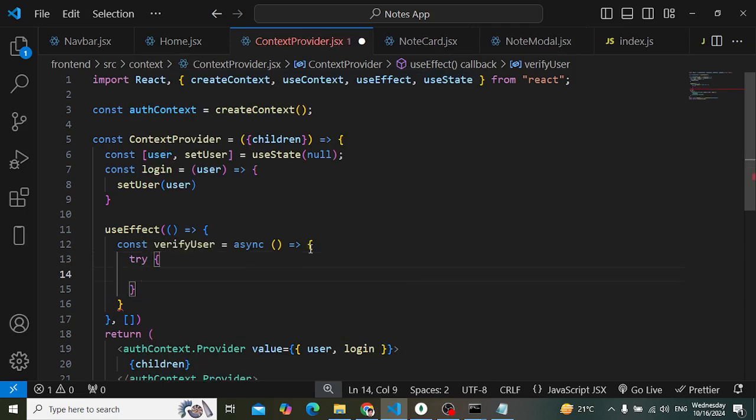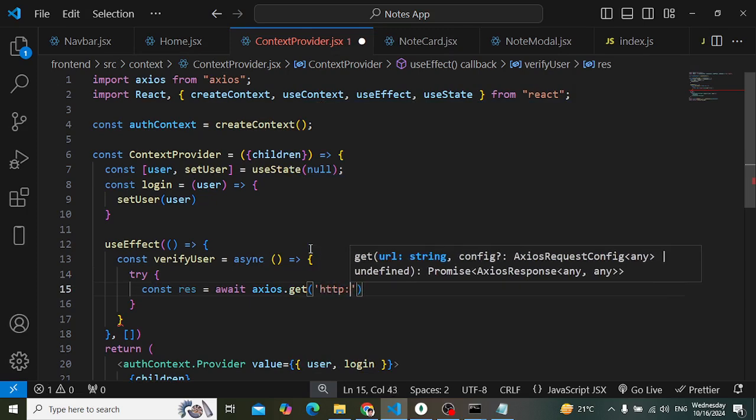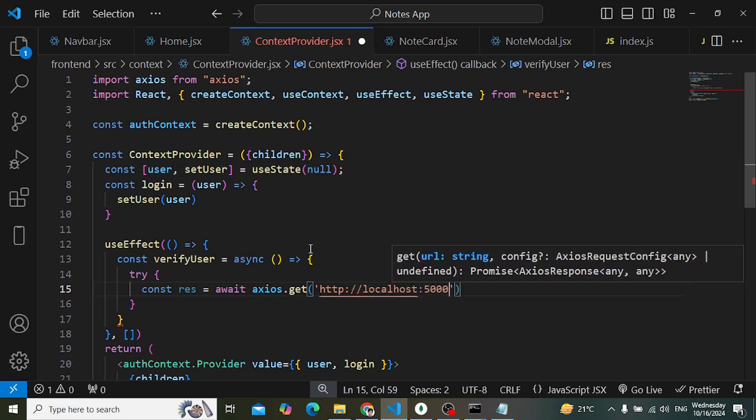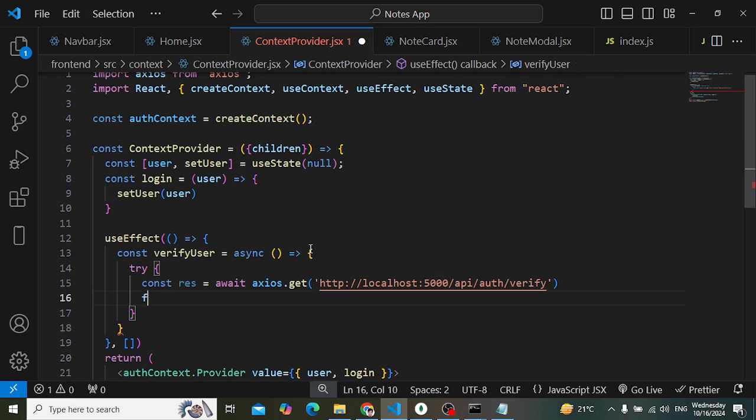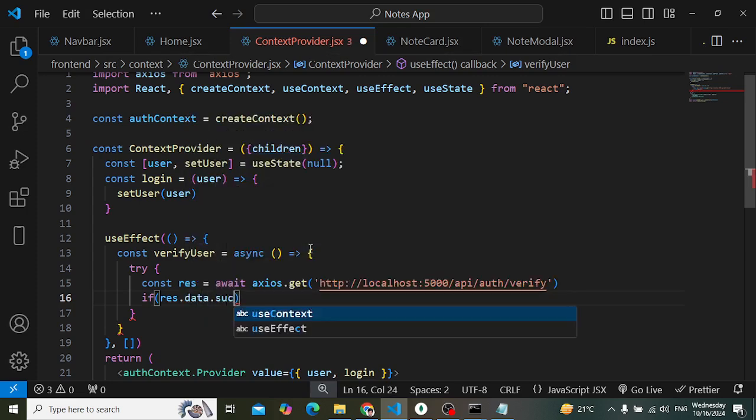In the try block, let's write const response, we can just name it like that, equal to await, and after that I use Axios. So let's import Axios dot get. Here we will call http://localhost:5000/api/auth/verify. Okay, then if response.data.success